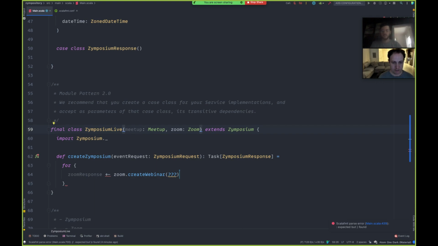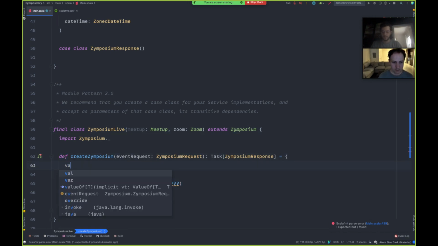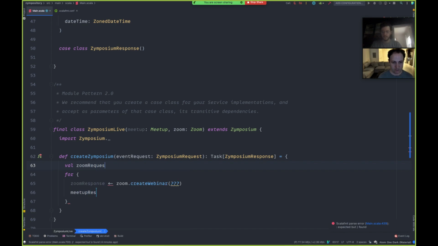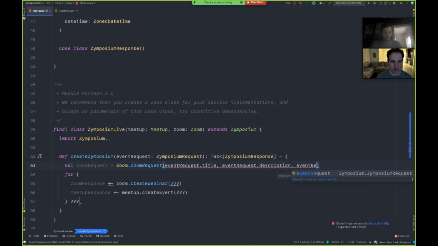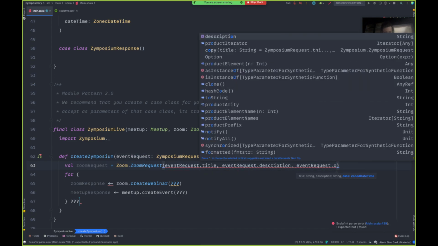Basically we want to call the Zoom service and get back its response, which is going to contain this URL. Then we want to get the meetup response by calling Meetup Service, call it create event. Oops, I think we had a little keyboard issue there. And that's going to need something. And then we'll turn these results back into this symposium response.